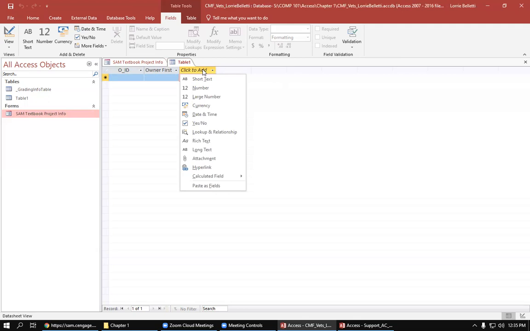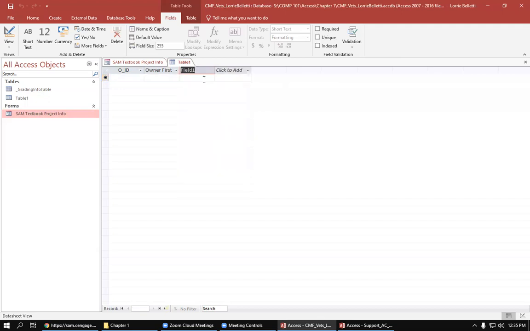So I'll go ahead and do the first one with you. The first one's going to be short text once again. So we'll do short text. We're changing the field name to owner last name. Owner last name. And then click on the white box underneath, but click it again to select it. We want to change the field size to 50. Change it to 50. And then click to add